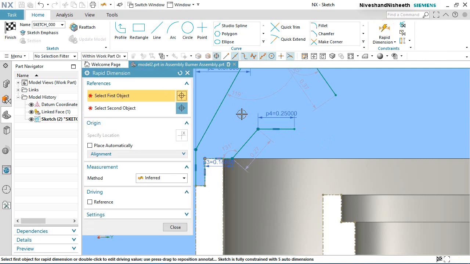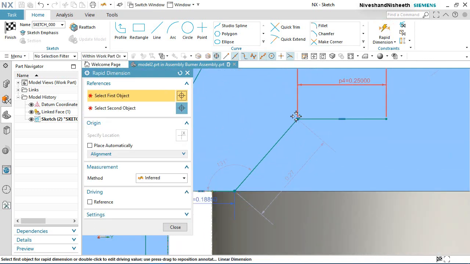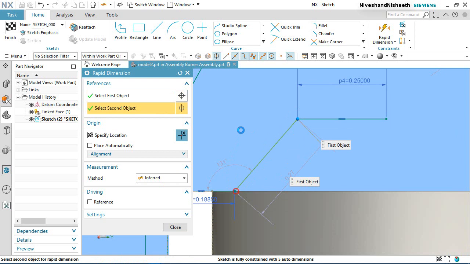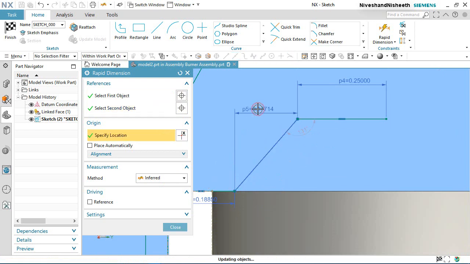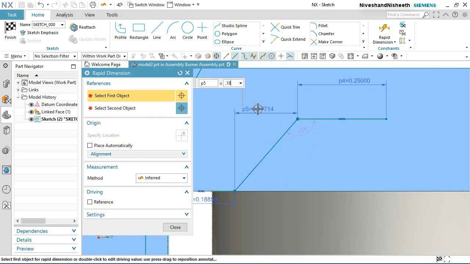Apply the dimension between these 2 points. 0.18721 inches.